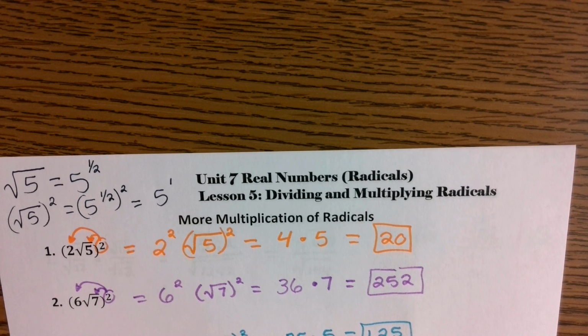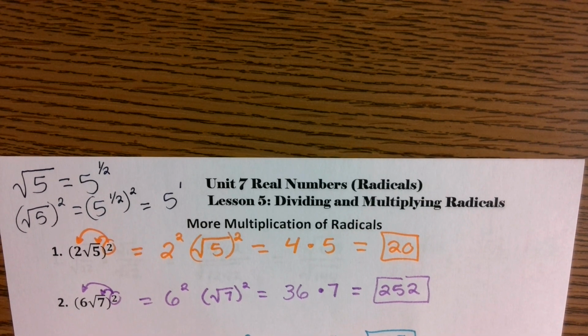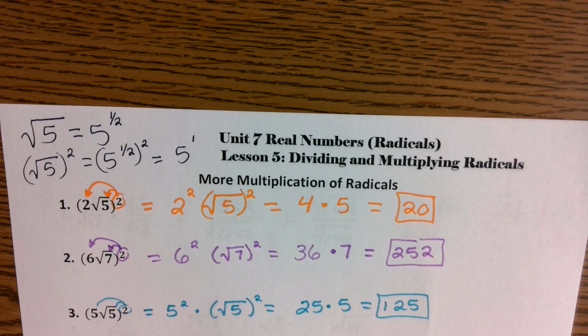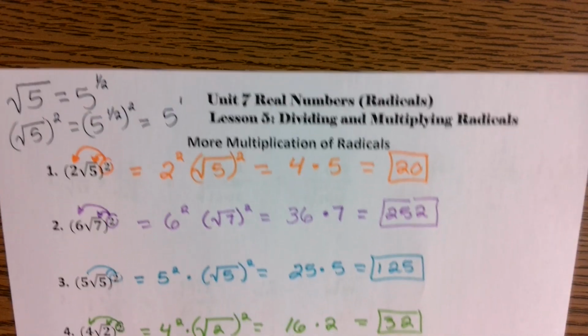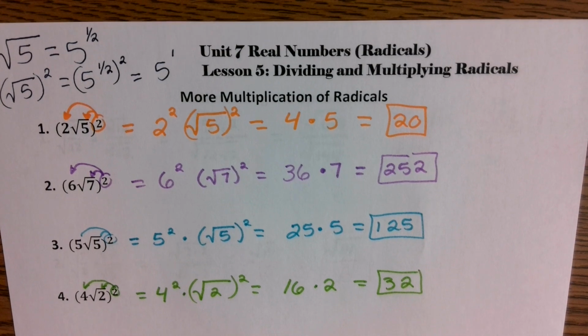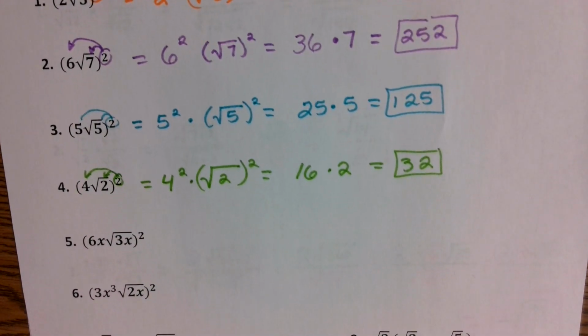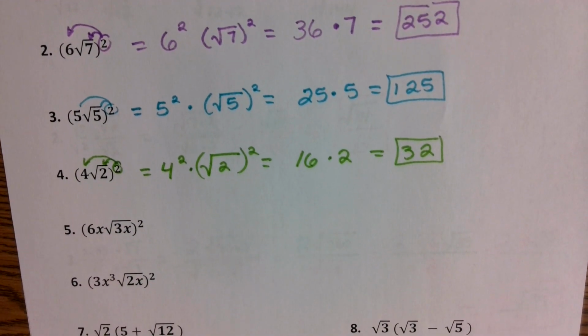All right, for problem number 3, what did you get? 125. Very good. What about for number 4? 32. Really quick and easy. Very, very simple. With problem number 5, it's the same exact concept, except now you're distributing it to not just